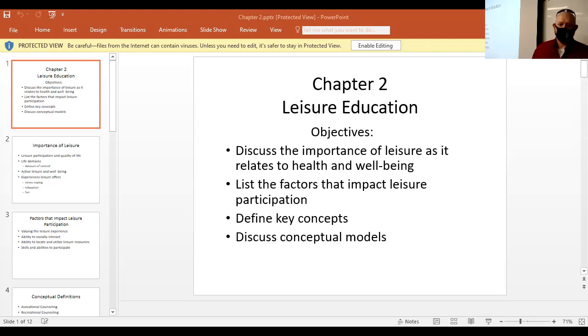To use resources facilitating leisure. What are some things that are here that we can use? Sometimes you have to think outside of the box and come up with some ideas of things that we can use for recreation activities, especially if you work at a facility that doesn't have a large budget or they don't give you a big budget for recreation. You may have to be creative and come up with some games and activities that your people can do that don't cost much money.